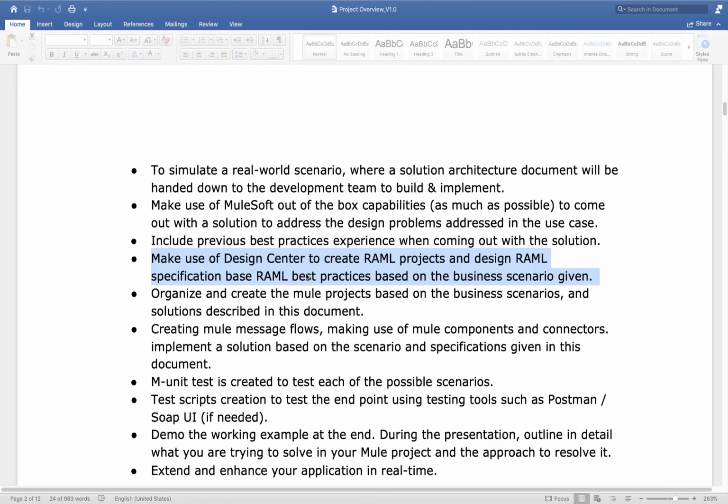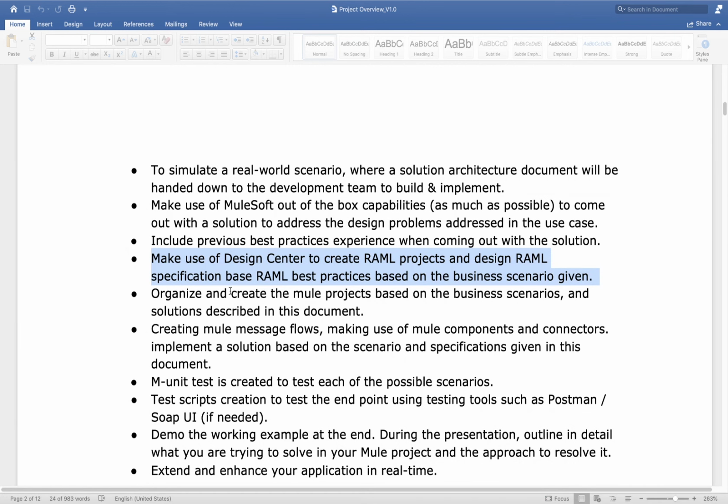And again, when we create a Dremel on Design Center, we have multiple ways to use that Dremel while creating our Mule application. First option, we can download that Dremel and import it as a jar in your Mule application. Another option, we can take it from Design Center directly, or from Exchange directly. So we have multiple ways, and based on the project and scenario, you should decide which one is more appropriate. But nowadays, what I observe is that the Dremel from Design Center is more popular, and many people follow that one.